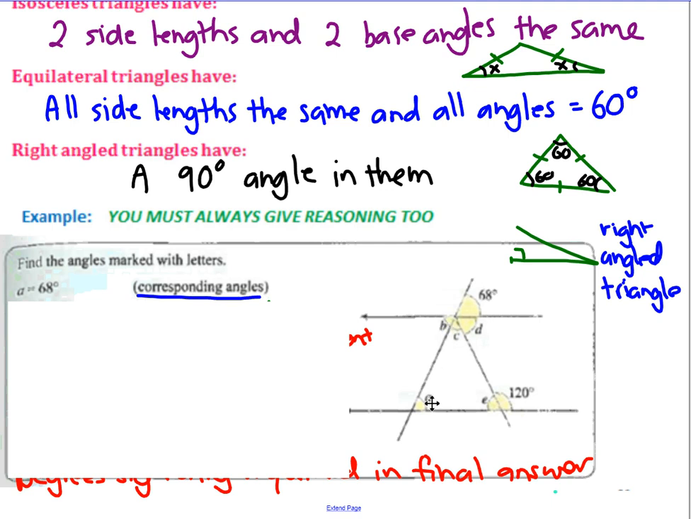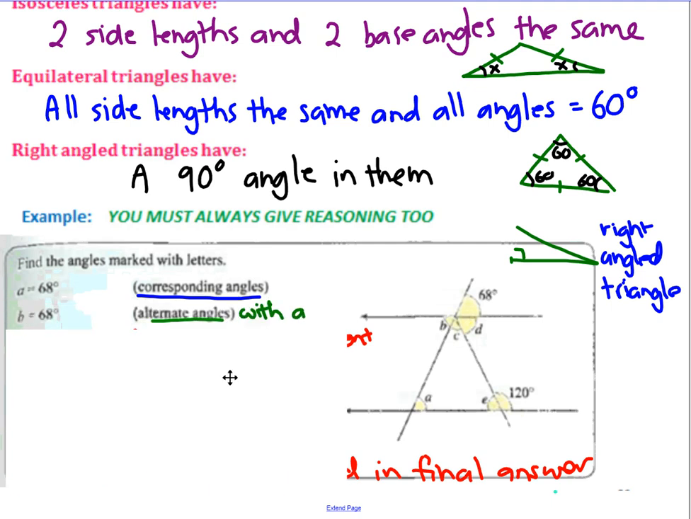What about B? What's the relationship between A and B? If we know that A is 68 degrees, B must be 68 degrees too. What's the reasoning? So notice we have a Z-angle going on, so it's alternate angles. So B is 68 degrees and it's alternate with A, that's why. What about